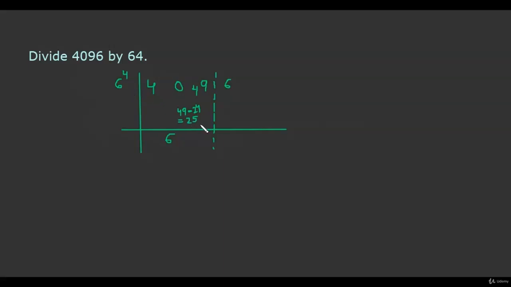Now if 6 divides 25, we get quotient 4 and remainder 1. So we place the remainder before the next dividend number. The next dividend number is 16. From the next dividend number, we subtract the product of the previous quotient number and the flag digit to get the net dividend number. So 4 multiplied by 4 gives us 16, and 16 minus 16 is 0. So 0 is the net dividend number now, since no more numbers are left. So if 64 divides 4096, the quotient is 64 and the remainder is 0.